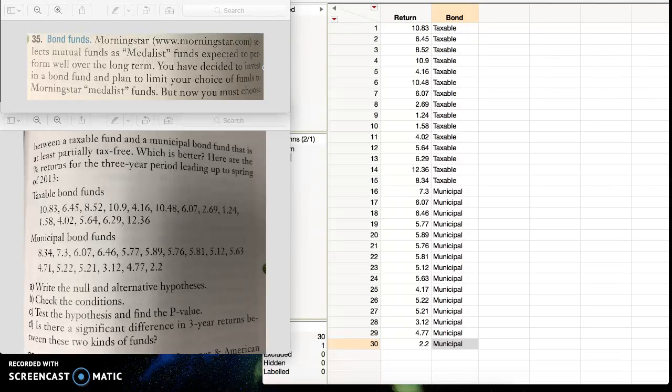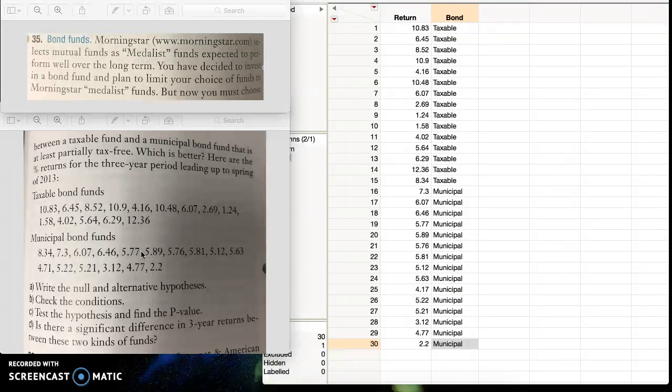This is Emily Hutchison, and I'm doing Chapter 13, Number 35, Comparing Two Means, and this is for midterm number 2. So, primarily our problem is Morningstar.com selects mutual funds as medalist funds to expect it to perform well